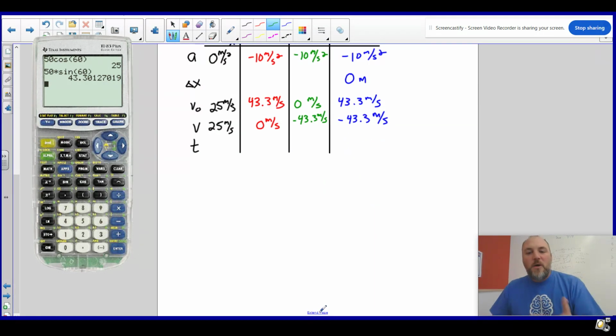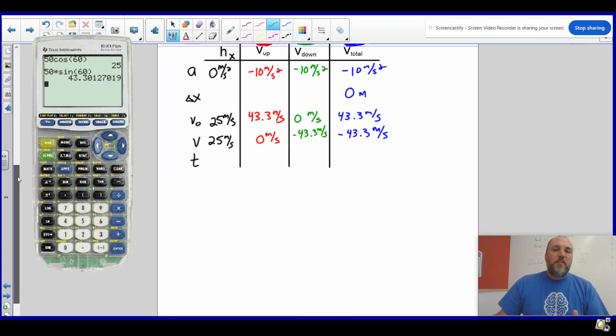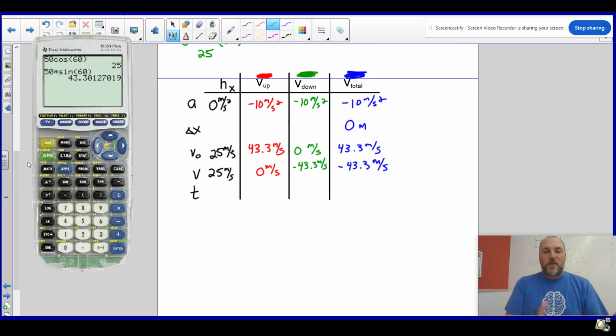Great. So I know that if I have at least 3 of the kinematic variables, typically the kinematic equations are going to work, and I'm going to be able to find other things. I have at least 3 things in every column, which is really great. But the one thing I want to mention is having 0 acceleration actually challenges the kinematic equations a little bit. The only thing that you'll be able to get from the kinematic equations when the acceleration is 0, you're going